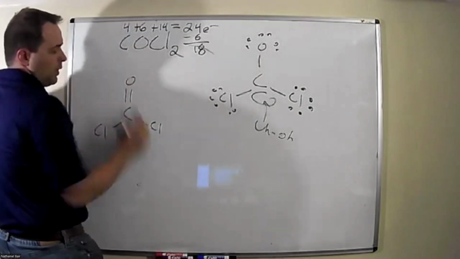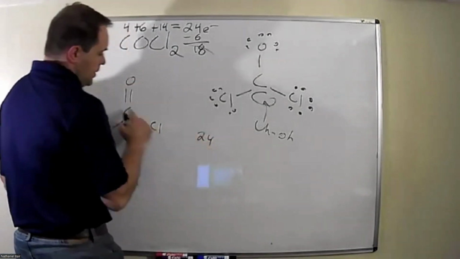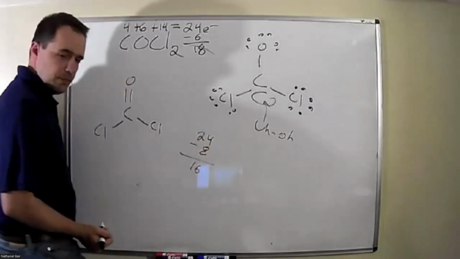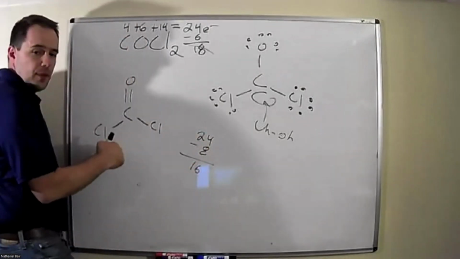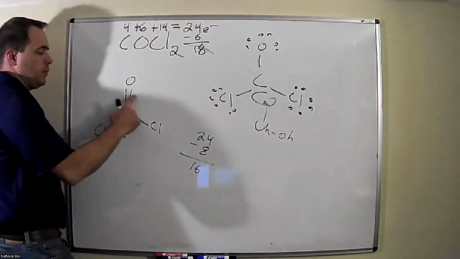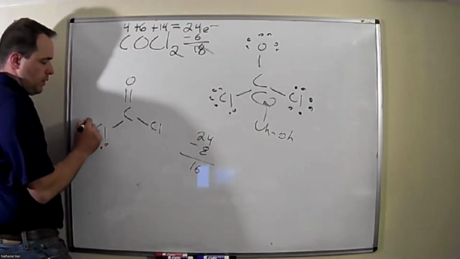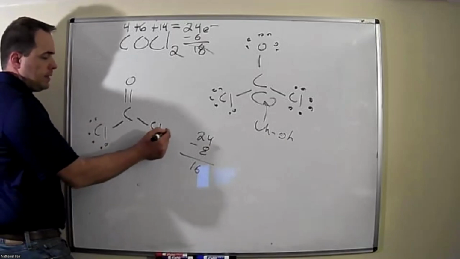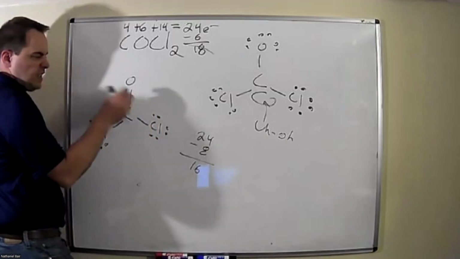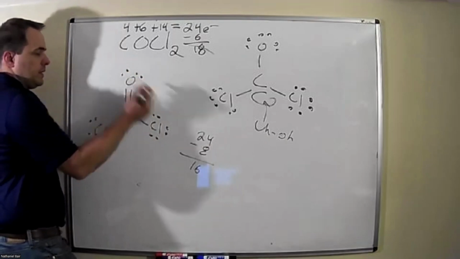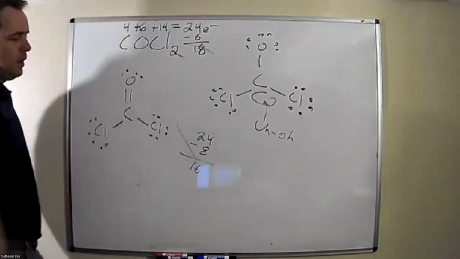Okay, and now we're going to start all over. We got 24 electrons. We spent 2, 4, 6, 8. That's 16 left. Carbon's happy. Carbon's got its full octet, 2, 4, 6, 8. The chlorines are not, though. They need 6 more, 2, 4, 6, 8, 10, 12. Oxygen's sharing 4, it needs 4 more, 14, 16. There's my